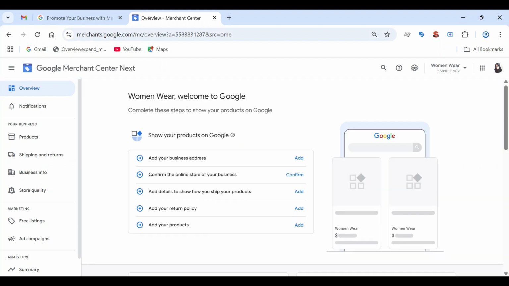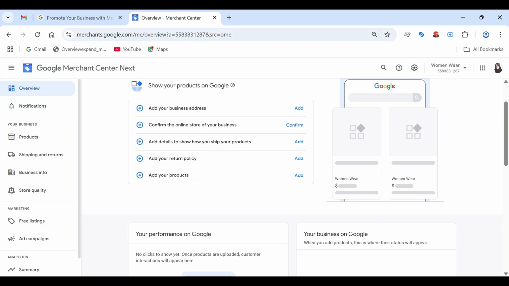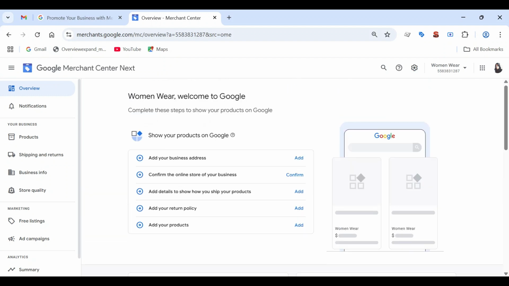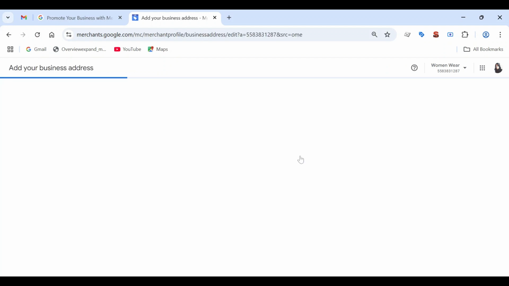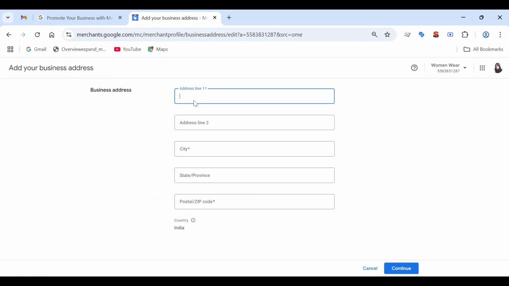Once you land on this screen, you are required to fill in all these details. Since it's a demo account, I don't have any real product for women's wear. So based on your business, you are required to add your business address. You will fill in all these details, right?